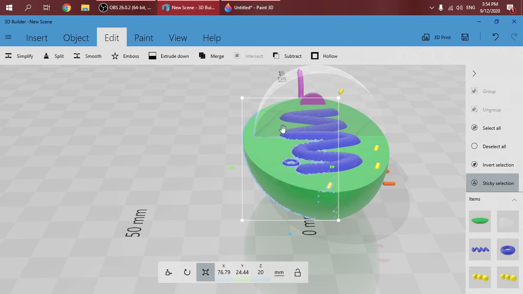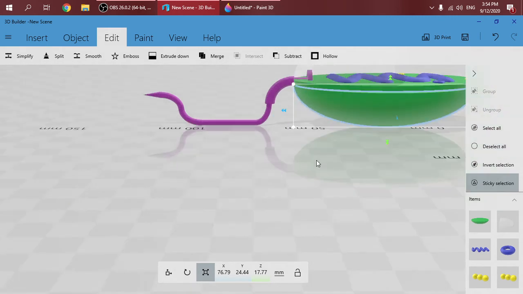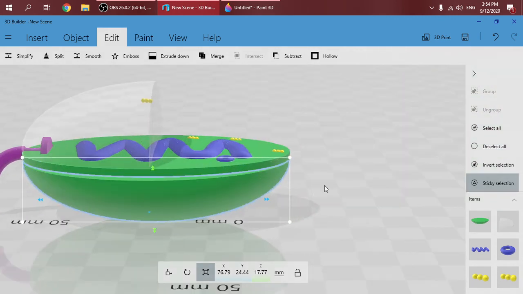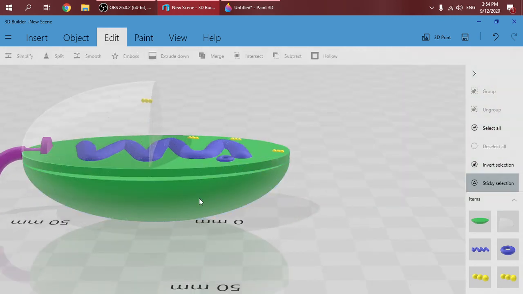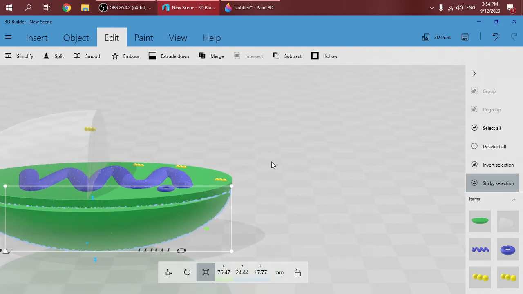So what I'm going to do is move it downward like this. And then as you can see from this side, if you unpress it, this front is a little bit forward, so we're going to bring that inward of this bacteria like this. Alright, so I'm going to repeat this step